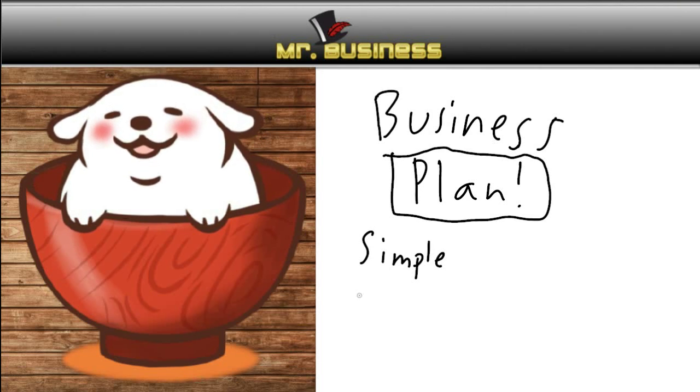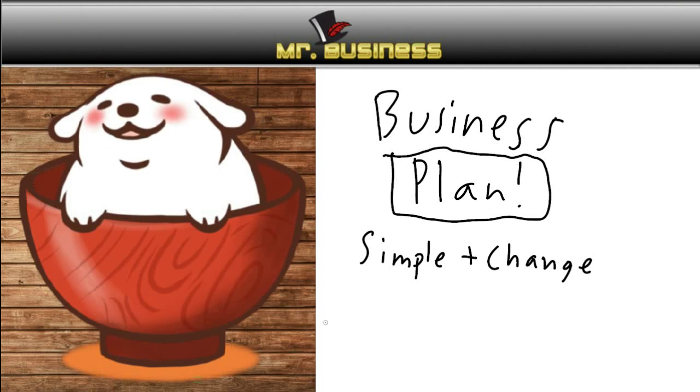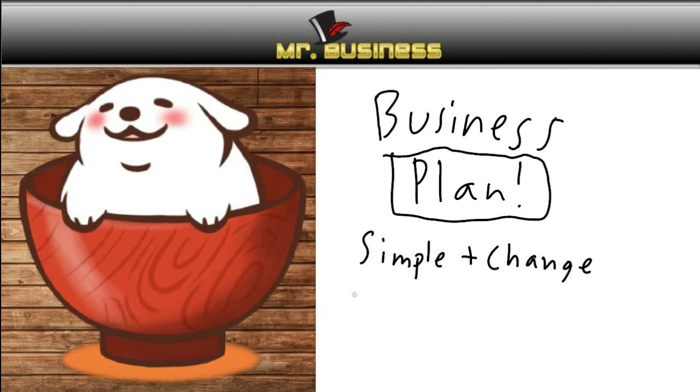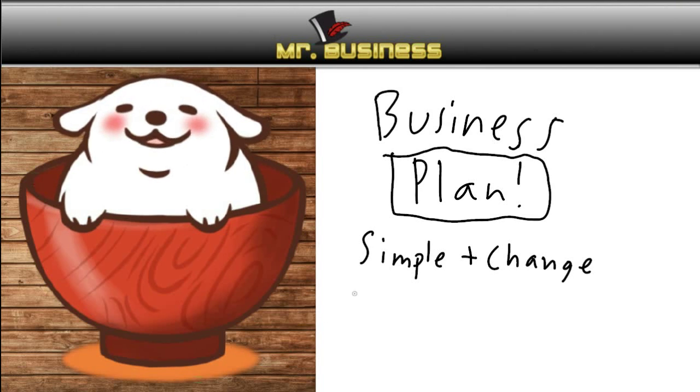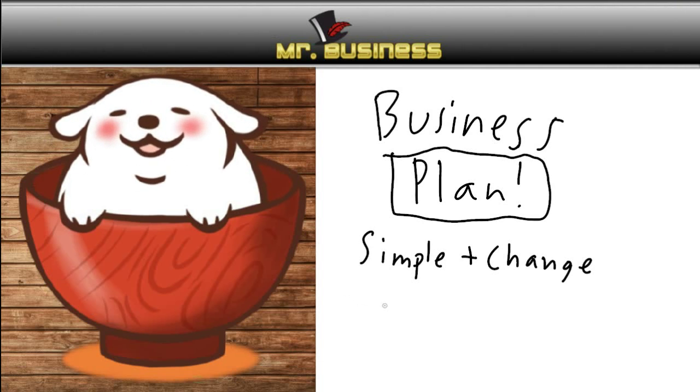Second thing you're going to want to focus on is you're going to have to realize things change. The business plan is really a living document. Why? Because business changes. The environment changes. If you were to do a business plan and try to keep it the same within 5 to 10 years, let me tell you, it won't work. Things change a lot and you're going to have to do different things. You're going to have to figure things out and change it based on what's actually going on.